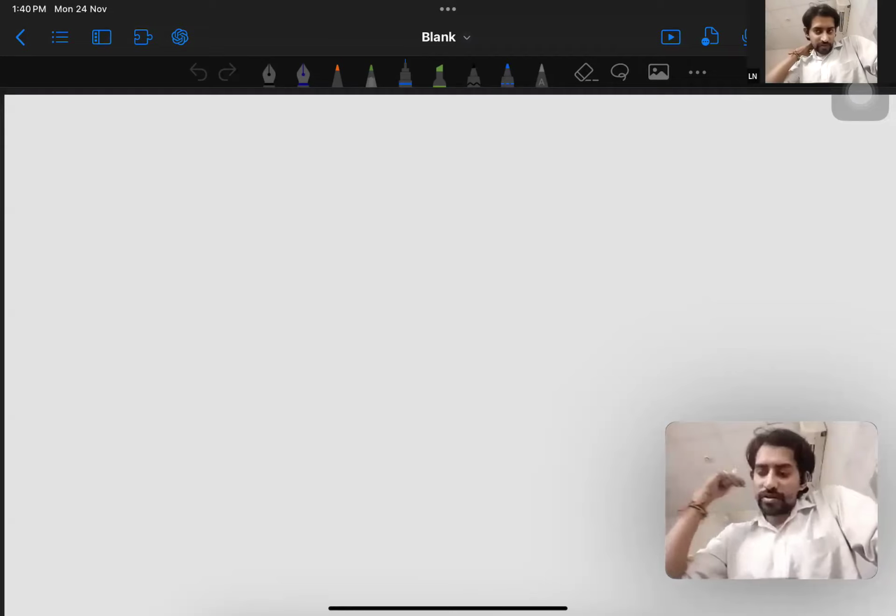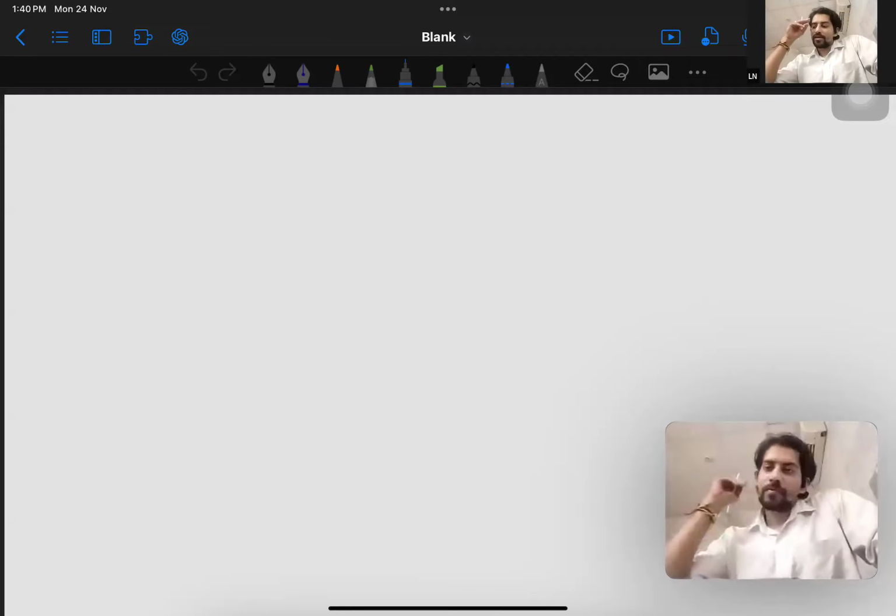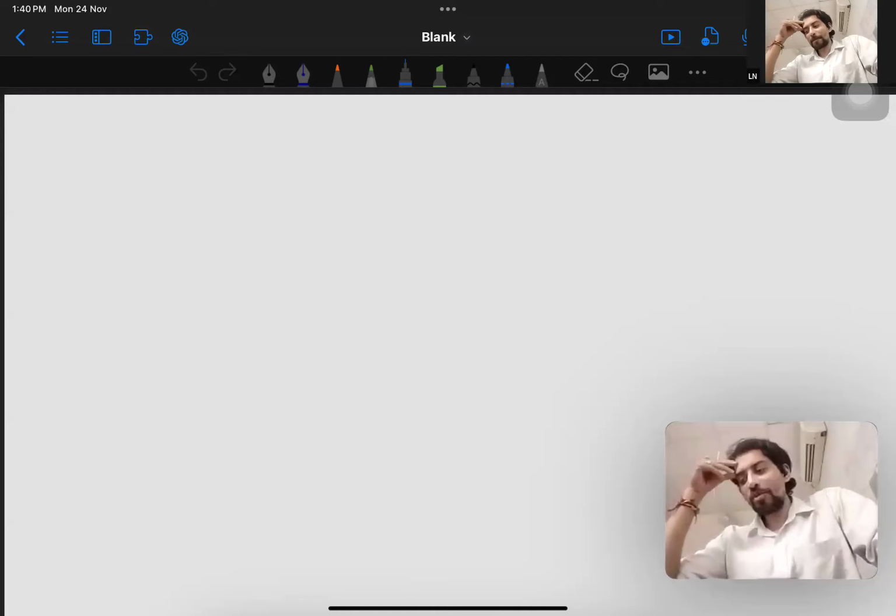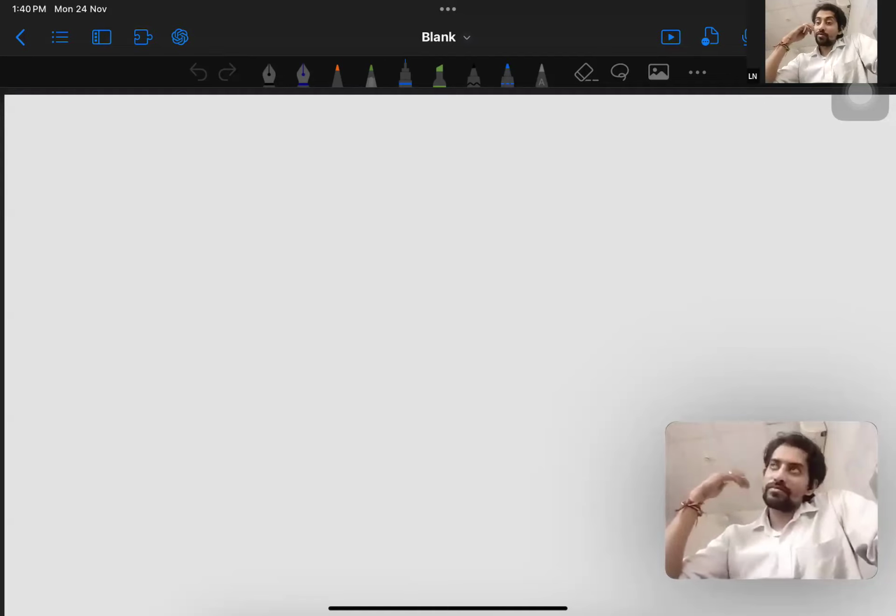Alright, so in this lecture, we'll be discussing the most interesting topic called rotation about multiple axes, more than one axis of rotation. Fine. For example,